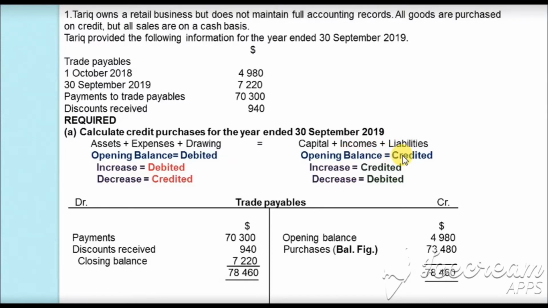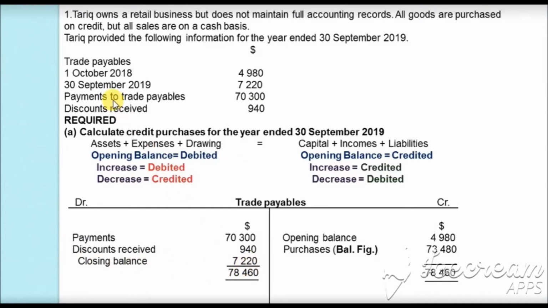opening balance on the credit side, and trade payables are our liabilities. So for this, we will have the opening balance on the credit side. The balance which is given here on 1st October 2018 is our opening balance, and hence this should be credited. Opening balance 4,980 is credited, and then as we have the opening balance on the credit side, the closing balance will be on the debit side. So on 30th September 2019, the amount which is given as 7,220, which is our closing balance, will be debited here as closing balance